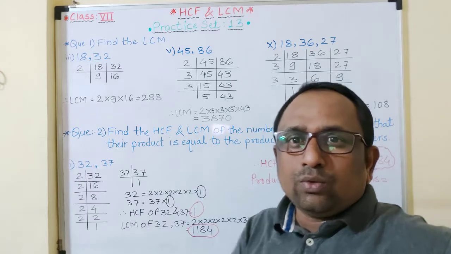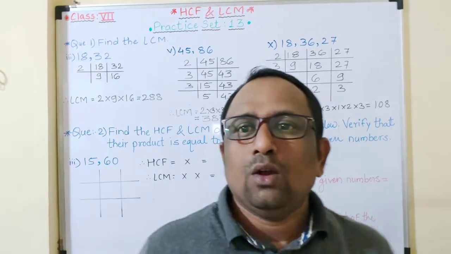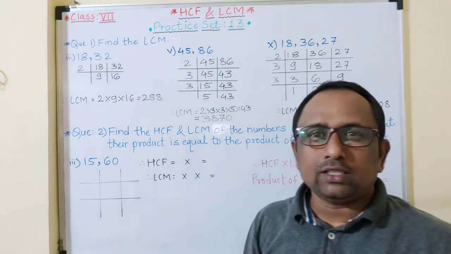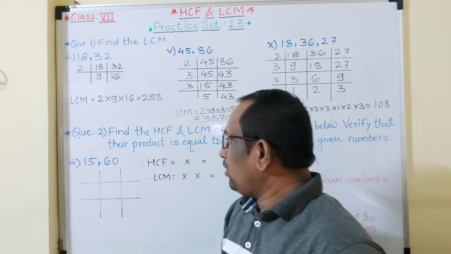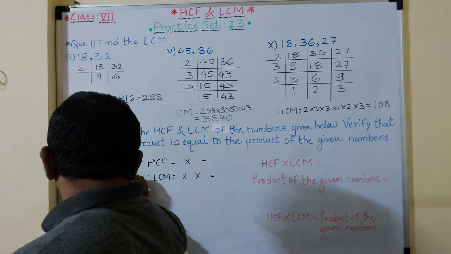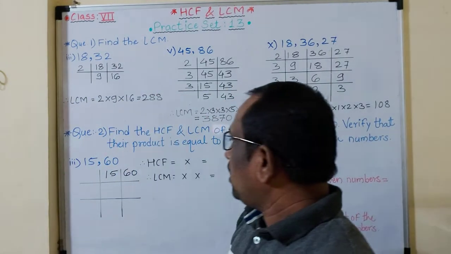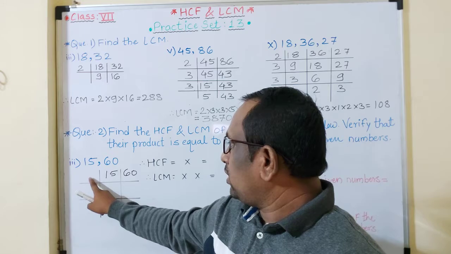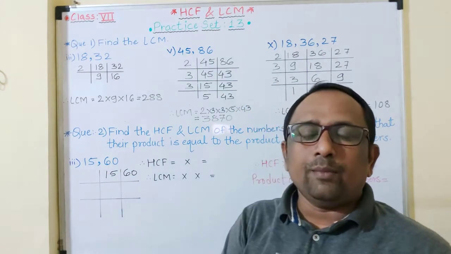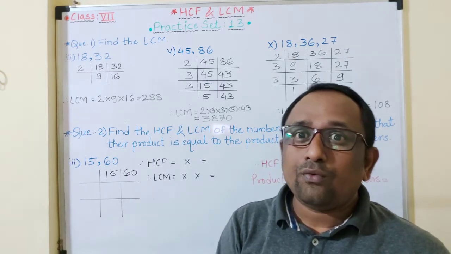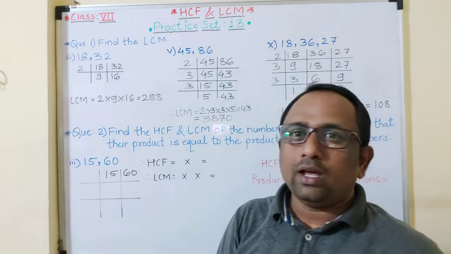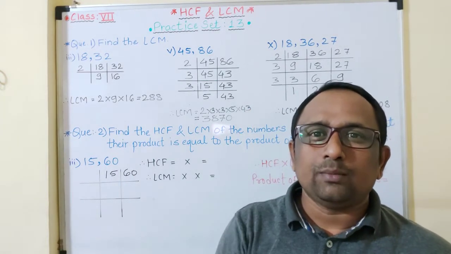Okay, so students, we will solve one more example. Okay students, now one more example I write here, that is 15 and 60. Okay, this is example number 3. So now we will find out the factors of 15 and 60. Okay, 15 and 60. Now if we divide by 2, 15 is not divisible by 2, 60 is divisible by 2. But if we take 3 or 5, we know the divisibility test of 3 and 5. So 15 and 60 are divisible by 3 and 5. So first we will take the smallest number, that is 3.